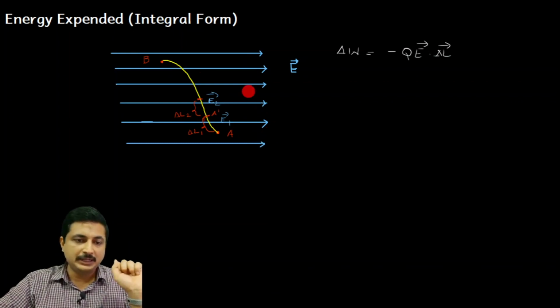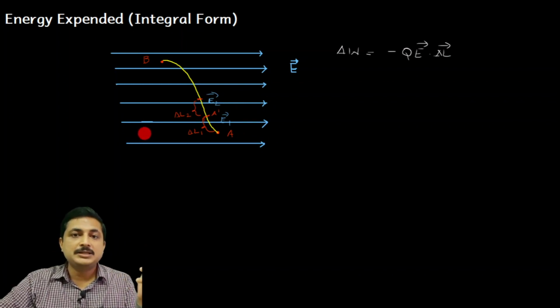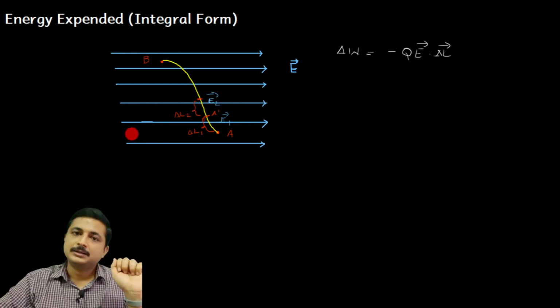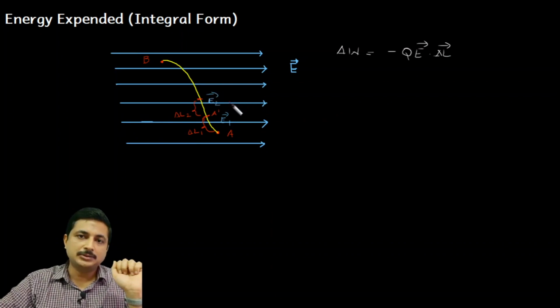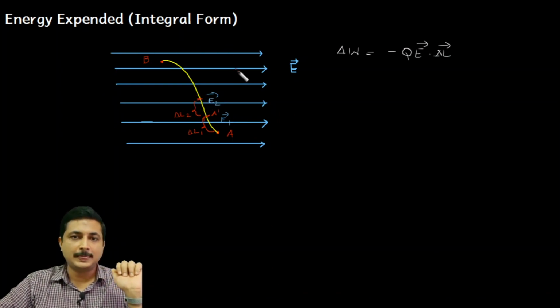In the sense, the field intensity measured at a particular point here and the field intensity measured at some particular point here may not be the same. They may vary in magnitude, but the direction is the same. They may vary in value or magnitude. So I can say that this field is non-uniform. The number of flux lines is not distributed uniformly in this particular area. That is the meaning. Is that fine?